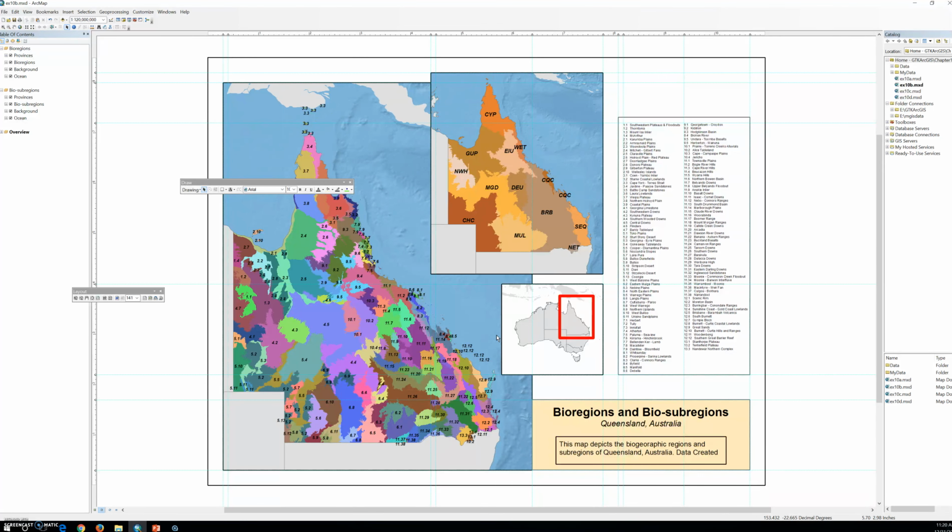ArcMap has many different styles for north arrows, scale bars, and legends, and allows you to customize them. These elements are dynamically associated with the data frame that is active when they are inserted. A scale bar changes when the display scale of the data frame changes. A north arrow rotates with the data frame. A legend is updated